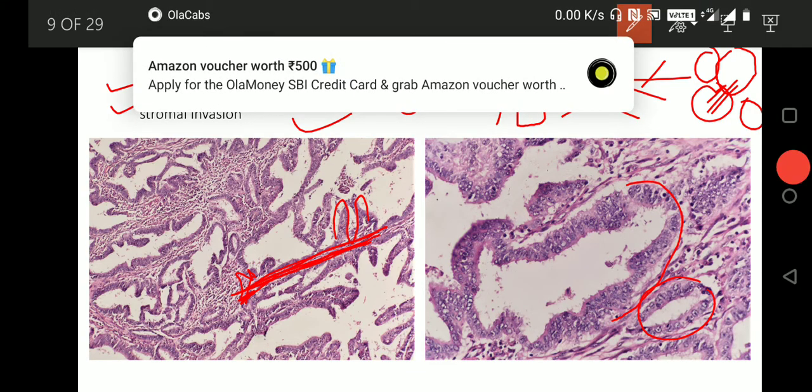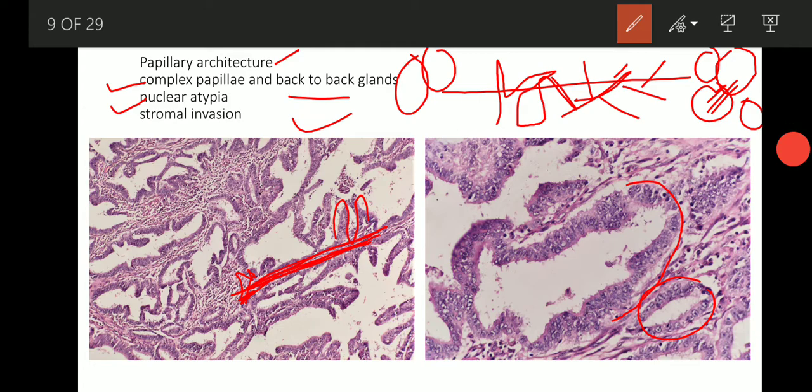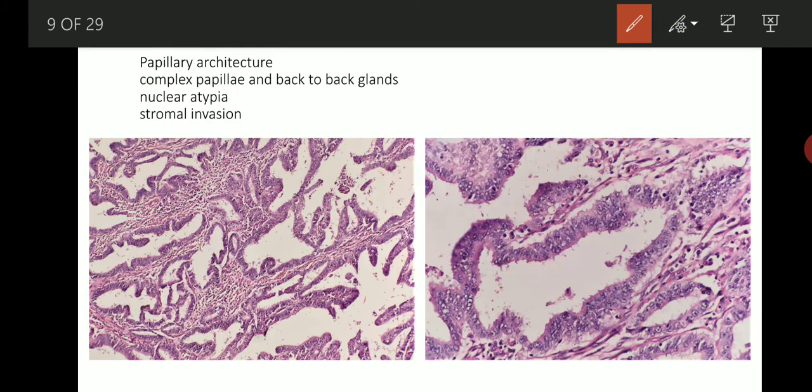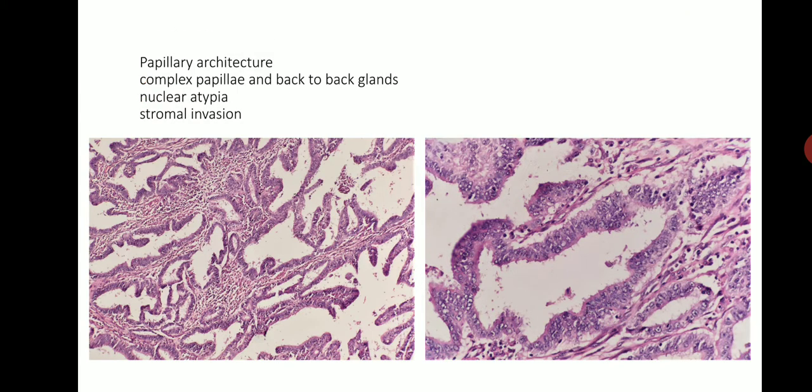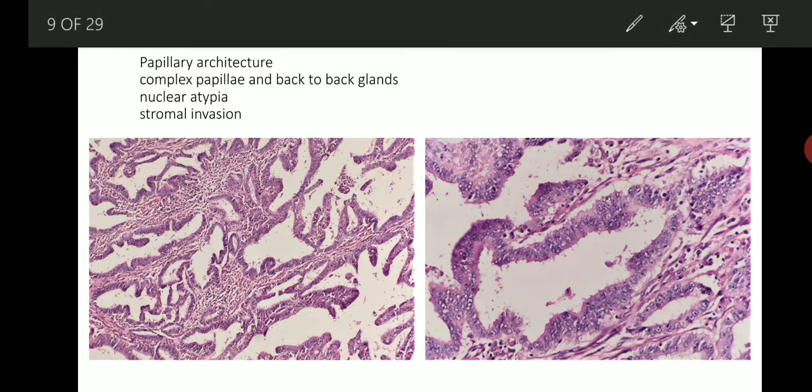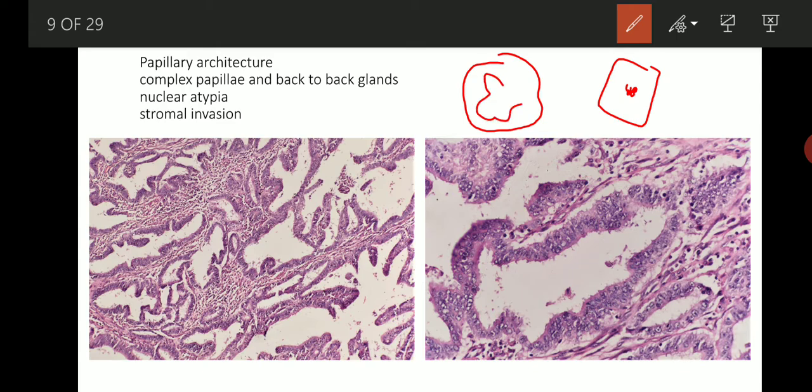When I say atypia, that means I am talking about the nuclear feature or anaplasia. If this is the tumor cell, and this is a normal cell, it will look like this, and the tumor cell will look like this. The changes that you are seeing in the nucleus of a tumor cell is what is known as nuclear atypia